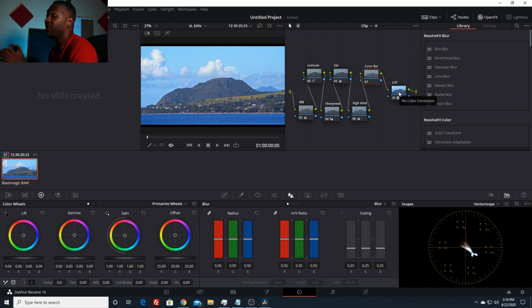Now in nodes, you can go all crazy with this, all right? This is in no way set in stone. This is just a workflow that I use personally. It works for me. I can even use this same workflow, eliminate the LUT, and create the same look. Alright, so in color balance,